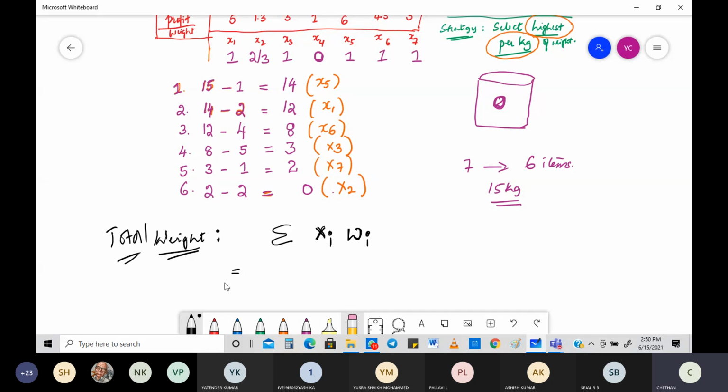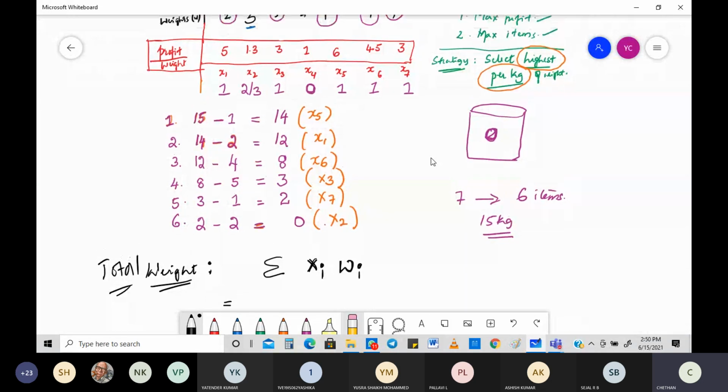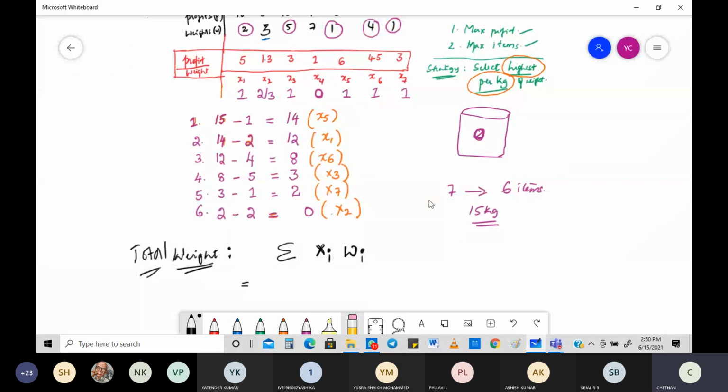Very simple. Let's figure that out using what you see on top now. See the weights and see the Xi. The Xi values are right here. Please zoom in if you can't see. I am writing Xi for generalization purposes. Weight values are right here. If I figure out the value of Xi into the weight, you will get the total weight.